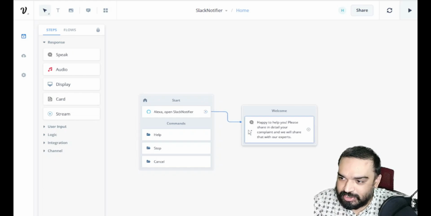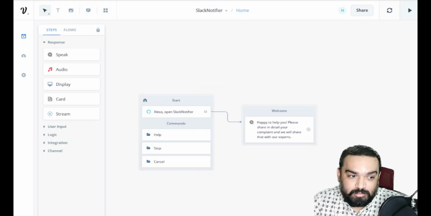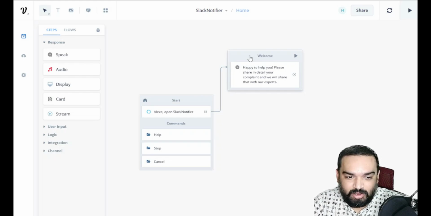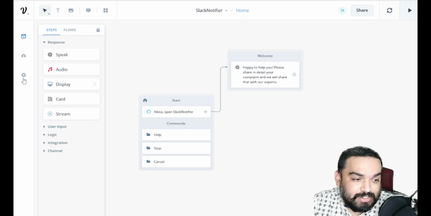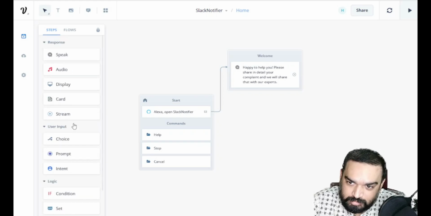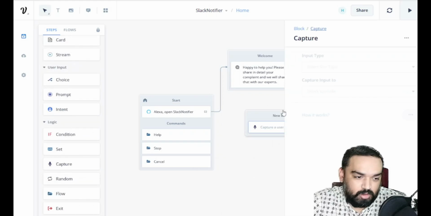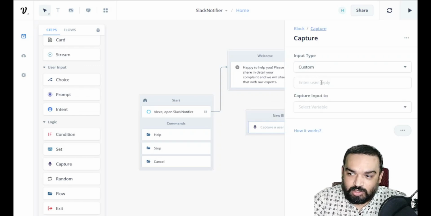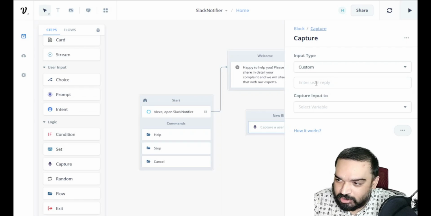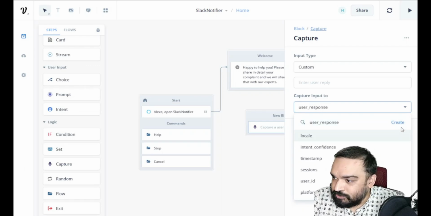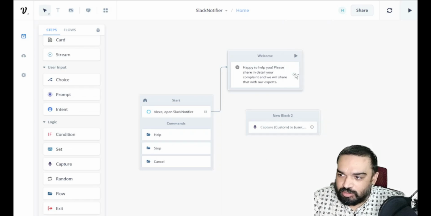So what I'm going to do is first link the start block to the welcome block, and from the welcome block, as a first step, store the value that the user is saying in a variable. Variable is where all the text that the user speaks out is getting stored. So click on logic inside the left block, and then select the capture block, and inside the capture block this will become custom, since this is not a specific thing or a number that the user is saying but a text. So we'll store this in a value called user response, and then just click create, and this will get stored here. Now I'm going to link this to this.